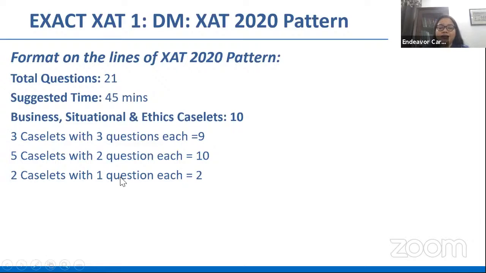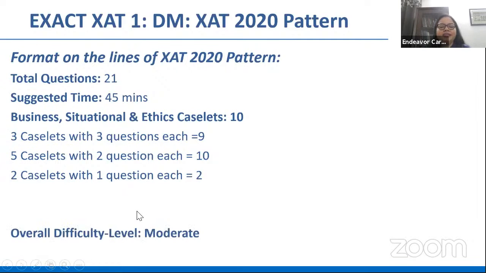Now, this itself makes it slightly lengthy. You'd find that this 45 minutes you've allocated might have been heavy. You might even have stretched it beyond 45 minutes because there was quite a bit of reading to be done. When you have so many caselets, compare this with having, let's say, 6 caselets with 3 questions each. That means the reading and the data compilation, the fact identification, is to do with fewer caselets. Your reading time is reduced. Now, your reading time itself is a lot here.